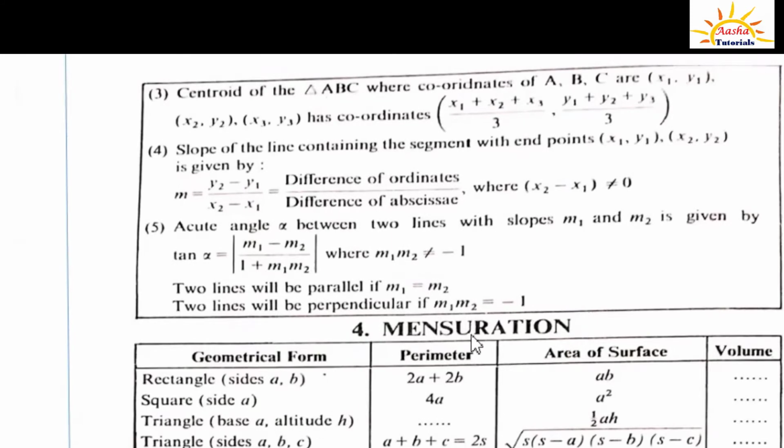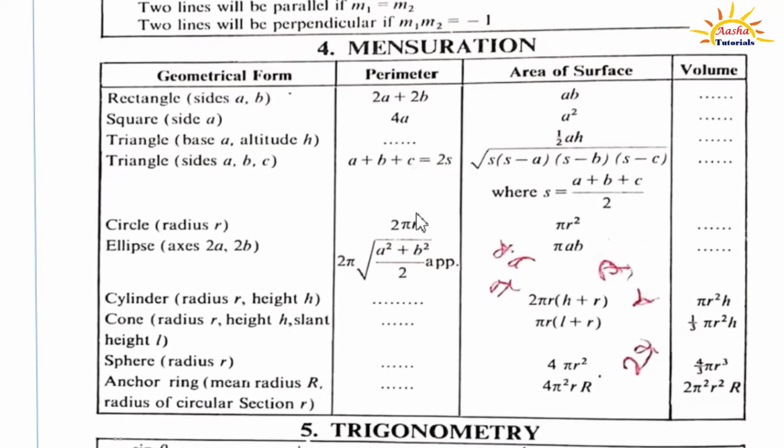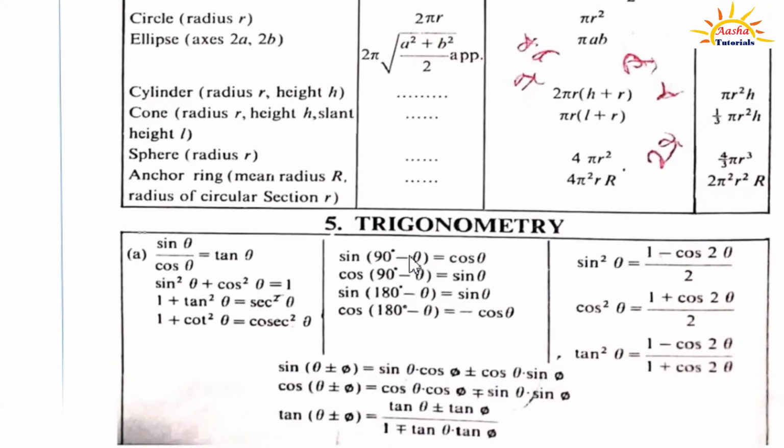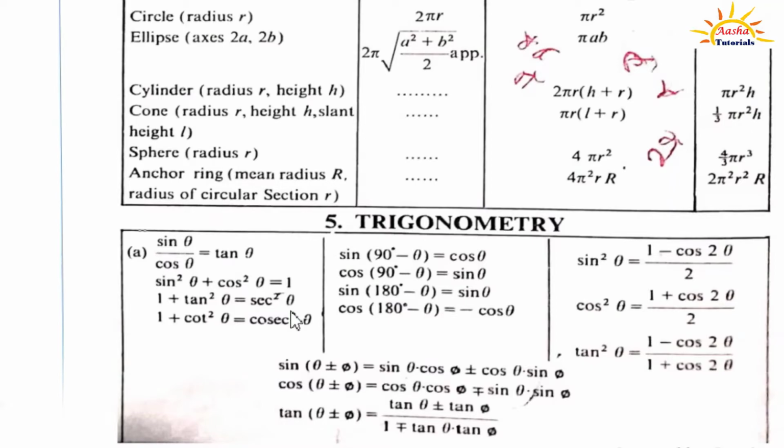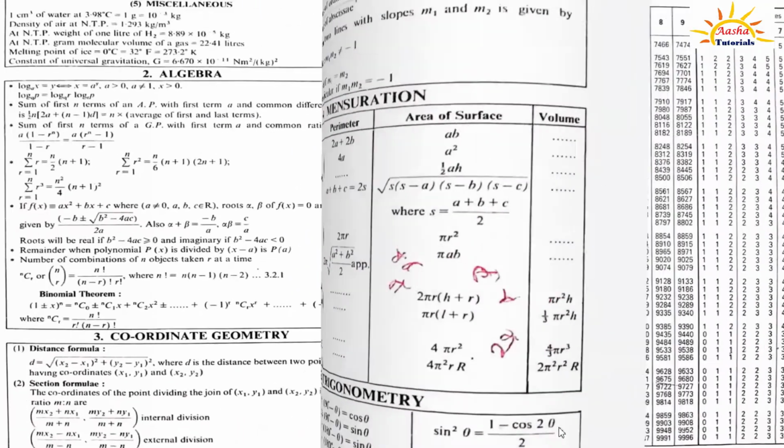Then we have certain mensuration formulas, that means how to find the perimeter or area of a surface and volume of certain geometrical shapes. These are also very helpful and very important while solving problems. You must remember all this. Many times we require the volume of a sphere. If it is of radius r, then we can find it by 4 by 3 pi r cube. Then there are certain trigonometric functions, their values and their interrelations, which are also very helpful.